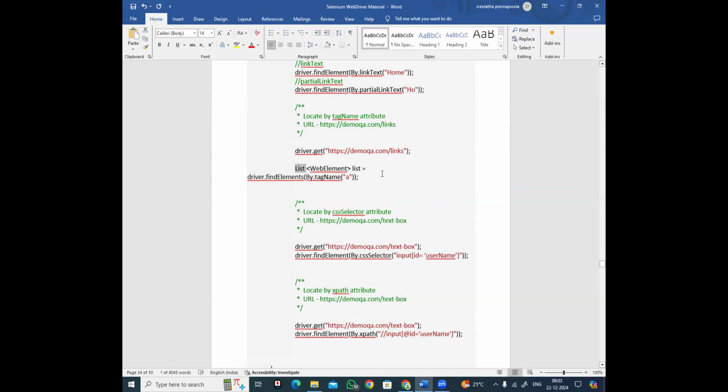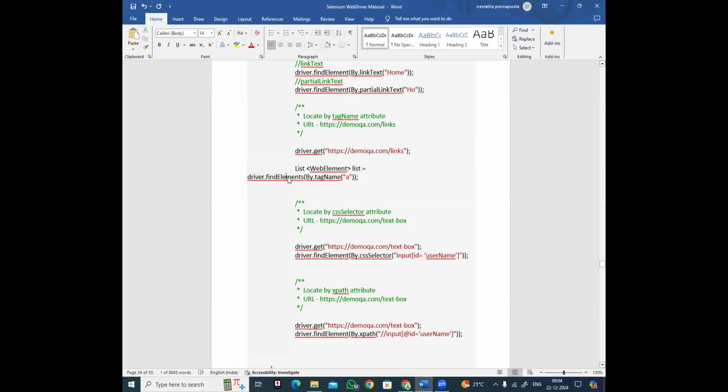Then you need to store all the links in a list of web elements. So the list type is the ArrayList concept. That's why we are using Java concepts in Selenium, right? List is an interface, and the list is of web element type. So we are storing all the link web elements here. The object name is list equal to